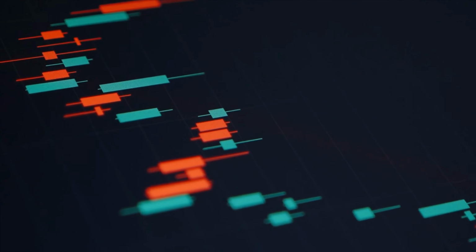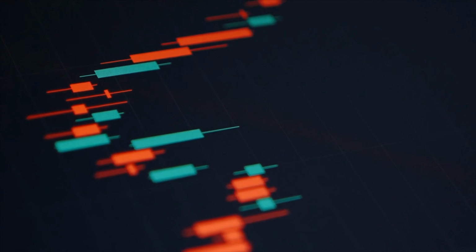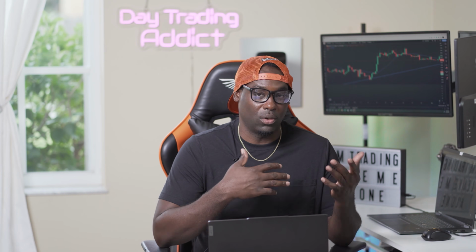And I'm not saying that they don't work. What I'm saying is I've been using candlesticks for a long time and that has been working out for me. So that's why I use it, okay? Now, in the future, will I use some type of tape or level 2 or volume? Yes, I might. Now, the difference between me is I'm not going to say, all right, that doesn't work or